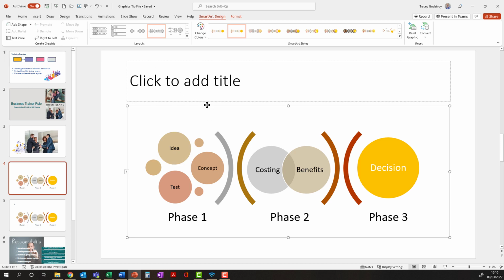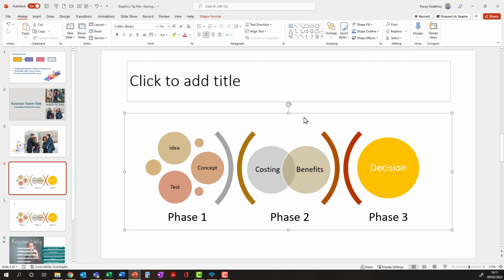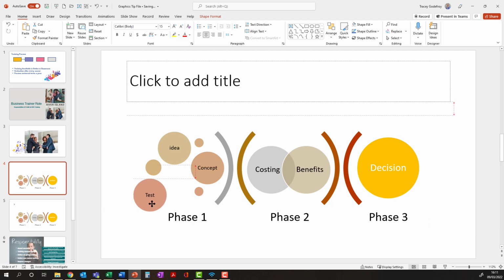An option I've got if I want to have this as completely flexible is to break it into the component parts, the different shapes. As long as you've got it selected and you're on the Smart Art design, it's actually the button right at the end where it says Convert, and you just choose Convert to Shapes. And once you do that, you'll see that each of these is an individual shape that I can play around with. So I could move one of them, I could copy one of them, and do whatever I need to once it's in its different shape